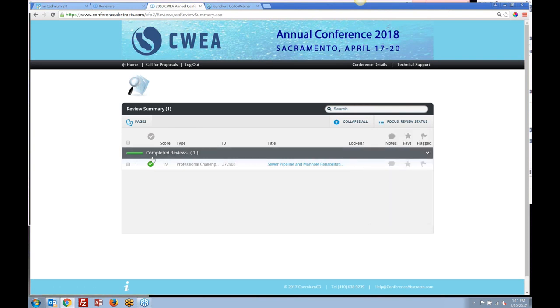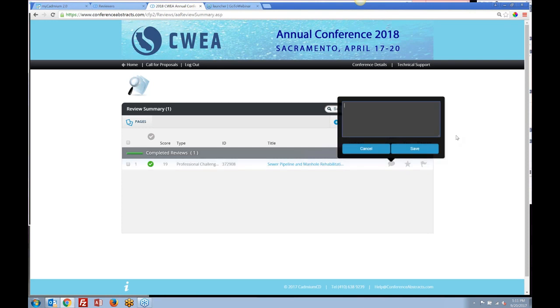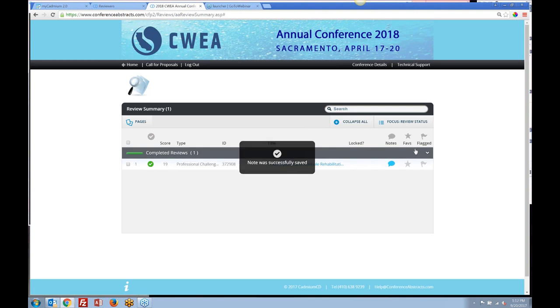So you can see all of your completed reviews together in association with any incomplete reviews or recused reviews that you have so far. And keep in mind that your notes and favorite and flagging on this page are purely for your own personal use. So if you wanted to make individual notes to yourself, you can save those, and those will only be seen by you. No one from the committee will see these, no other reviewers. This is purely for your own